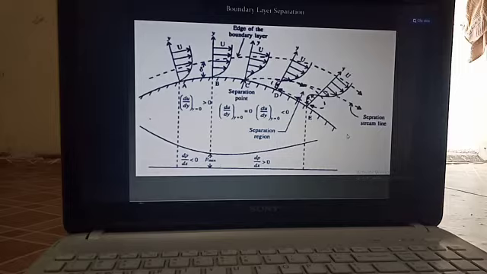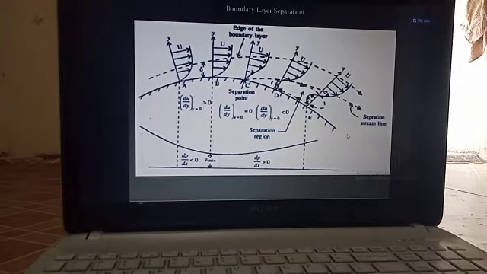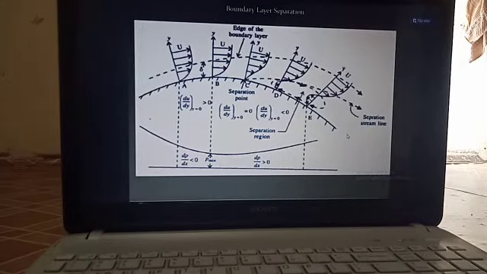During the region between point A and B, the two types of forces, pressure force and inertia force, will retard the viscous force. Due to this there is minimum thickness, but in this case the pressure force will increase, and due to this the thickness in this region will rapidly increase, and that's why the layer will be separated out.